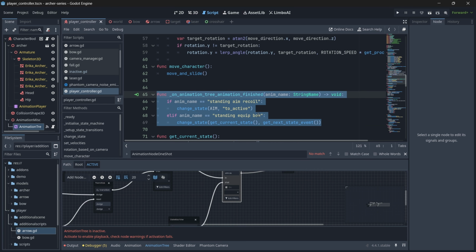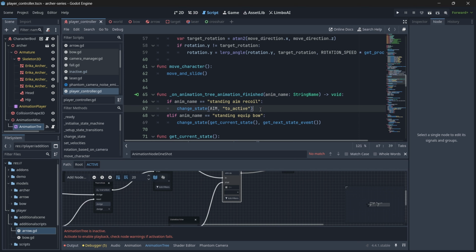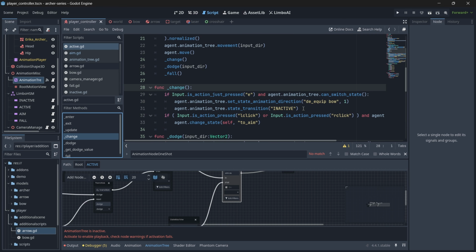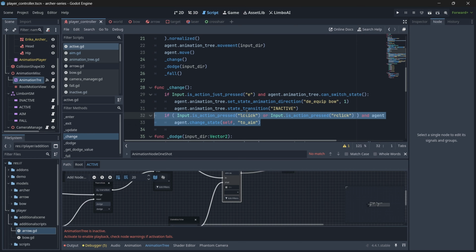I don't know what exactly the reason is, but I only know that whenever we try to release an arrow, this condition is not triggered. So if this condition is not triggered, then we don't enter our active state, and whenever we don't enter our active state, we can't try to do anything. We can't even dodge, we can't even shoot any arrows, and the player is kind of stuck